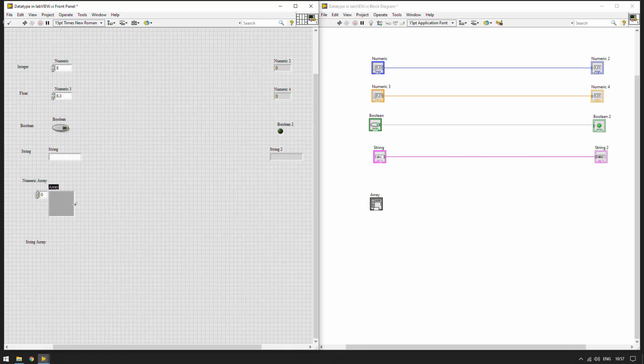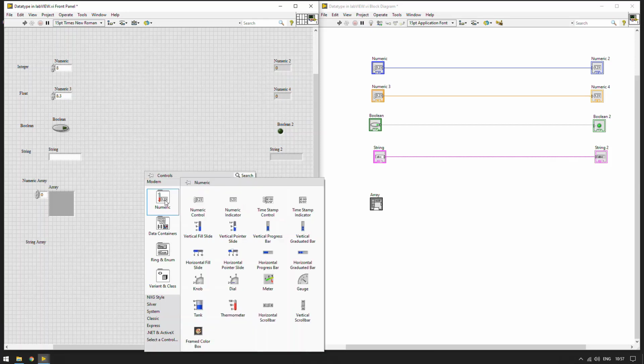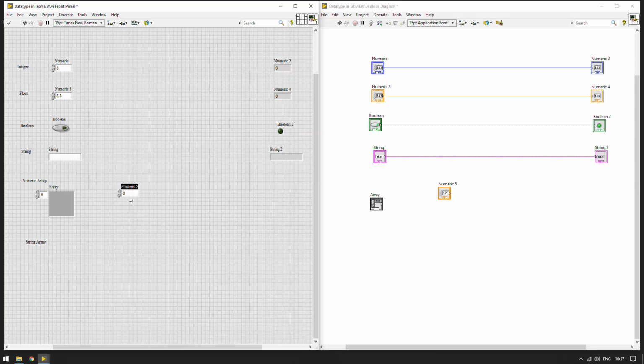Whenever you want to make an array of string, Boolean or integer, you can just put a blank array and put a numeric input or a string input, whatever type of input you want, inside it. So this is my numeric input and I have put it inside.